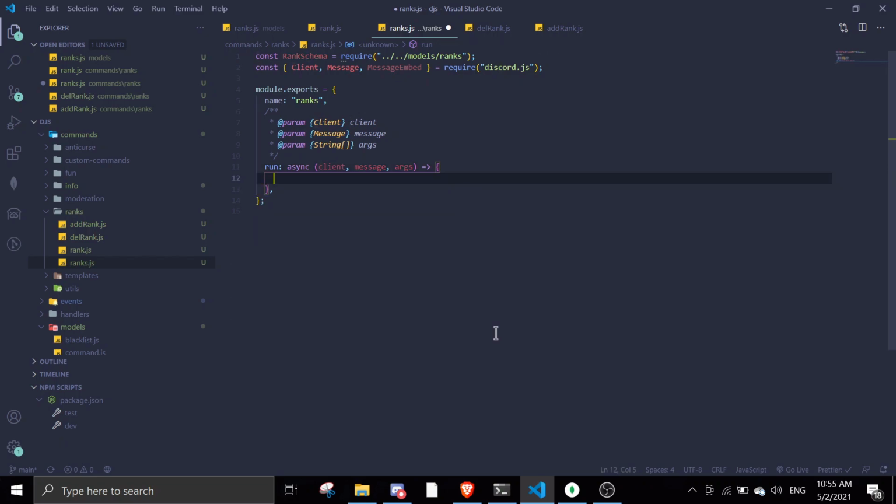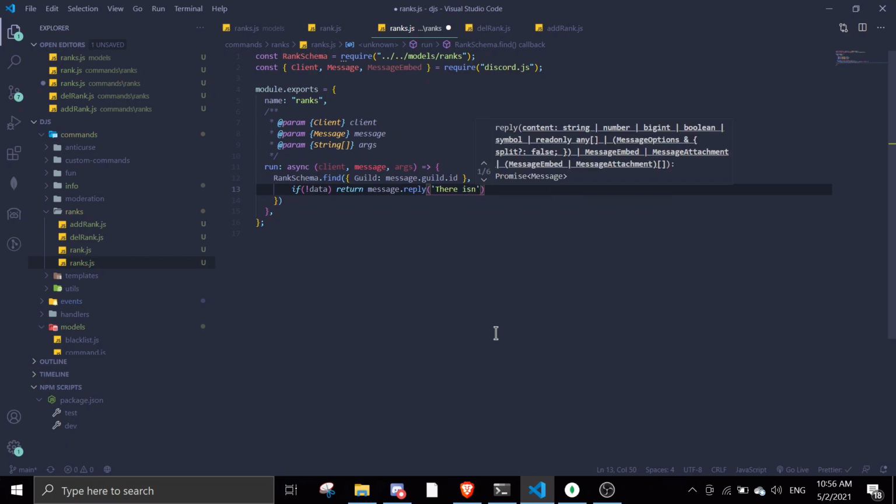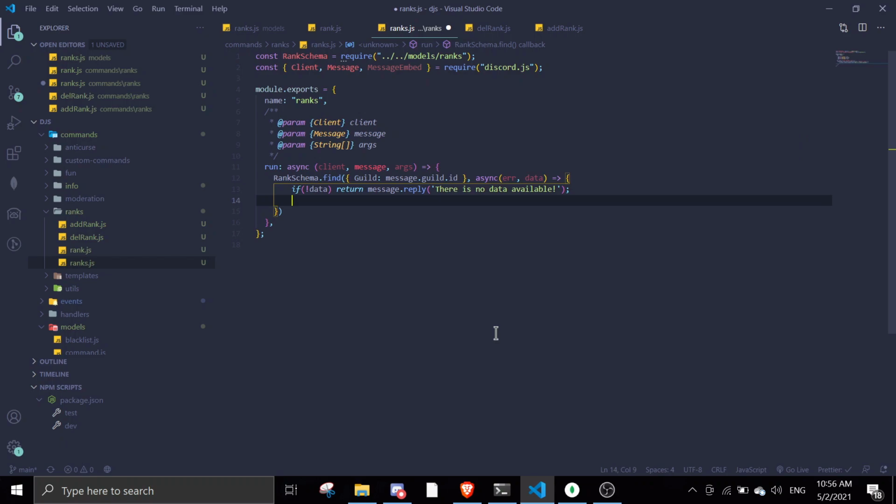Okay, and then what we can do here is we're gonna find the data from the database. Find one guild. Actually, we need find guild message.guild.id using error data. Okay, if there is no data, just gonna return message.reply there is no data available. Okay, and then if there is data, we're gonna map the data and then we're gonna put it in an embed. So data.map,